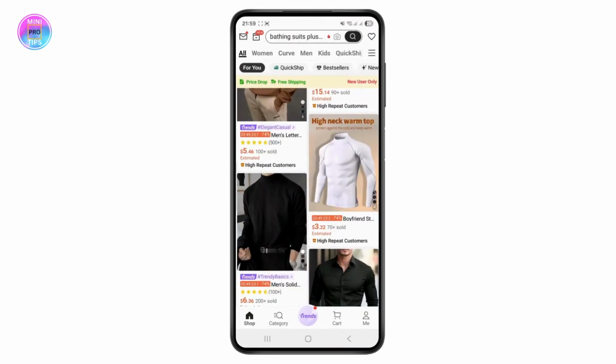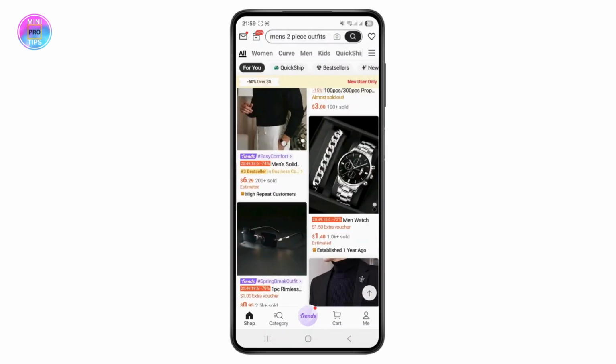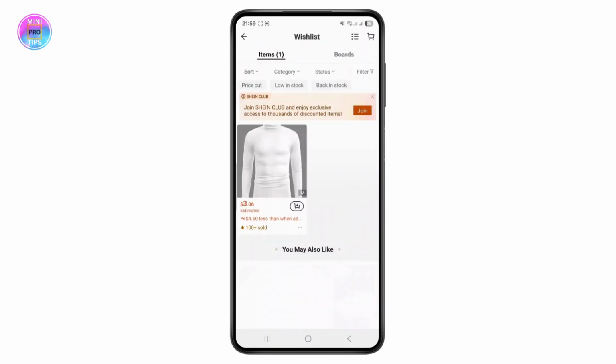So first things first, just head over to your SHEIN application and make sure you're currently logged into your account. And once you're inside here, now simply tap on this favorites icon or love icon at the top of your screen, that is top right corner. So once you tap on that, you can basically see all of the items or products which you have added